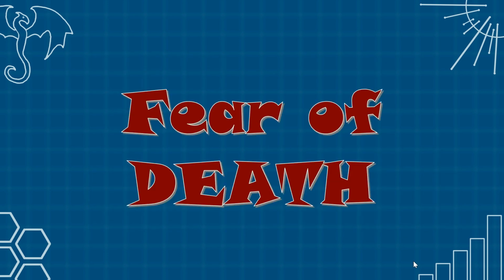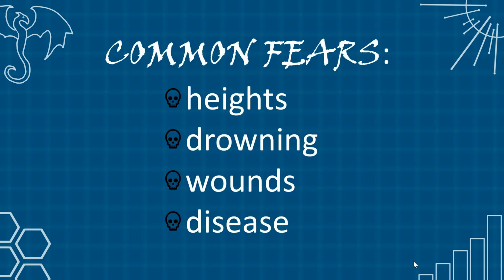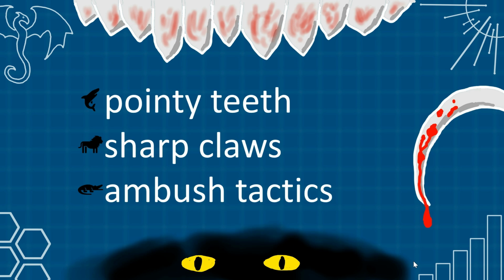The fear of death is more generally the fear of anything that can reduce the chance of survival. It is the fear of heights, drowning, being beaten, diseased, or sickened. As the most fundamental fear, it is also the easiest to exploit. And the monsters that specialize in this fear resemble the most our ancient predators with pointed teeth, sharp claws, and ambush tactics. This is also why most monsters are half lions, with the other half being something at least as deadly.